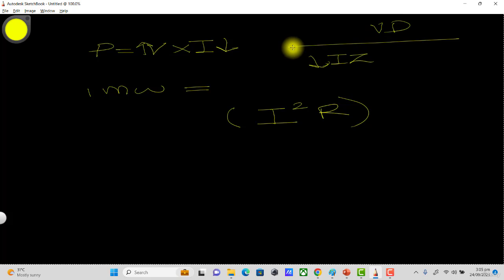It means that the voltage regulation of a line operating at lower currents is easier compared to a line operating at higher currents. So in order to reduce the line losses, we are transmitting the power